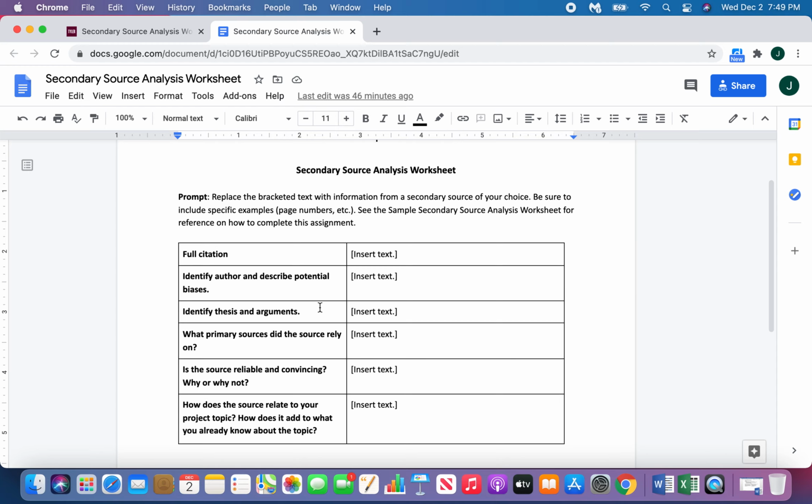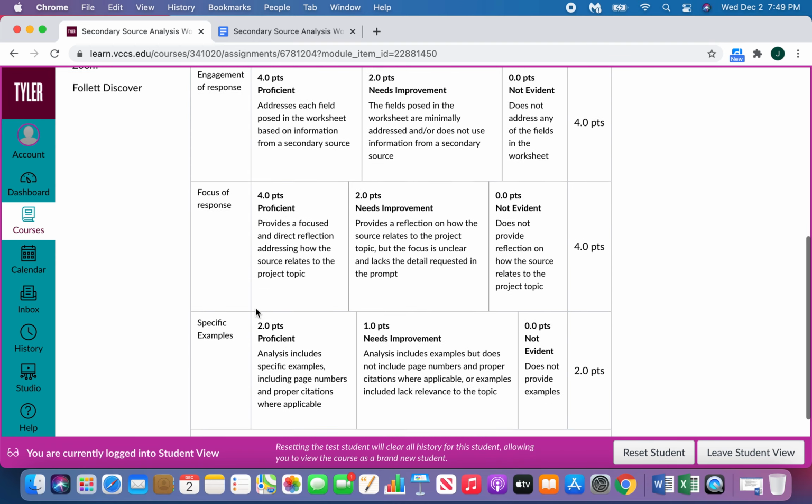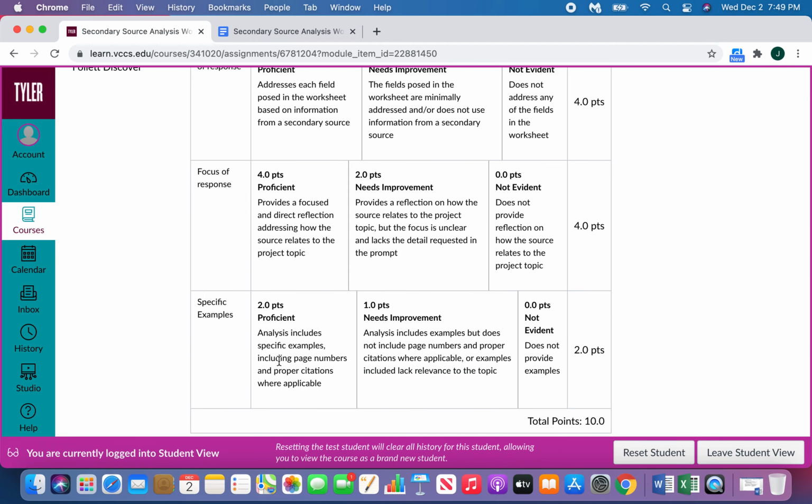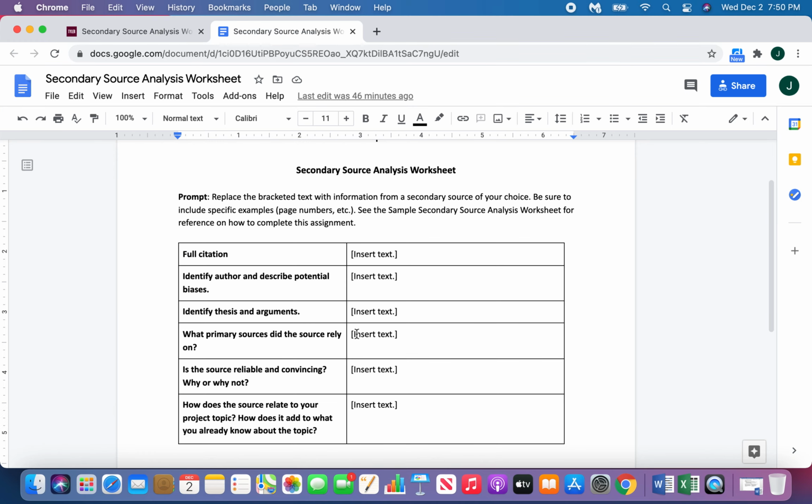So providing a citation, identifying the author and their credentials and also potential biases, identifying the author's thesis and argument. And so you'll see from the rubric that I provided for the student, one of the things that I want is for them to provide specific examples of where the author makes their argument,